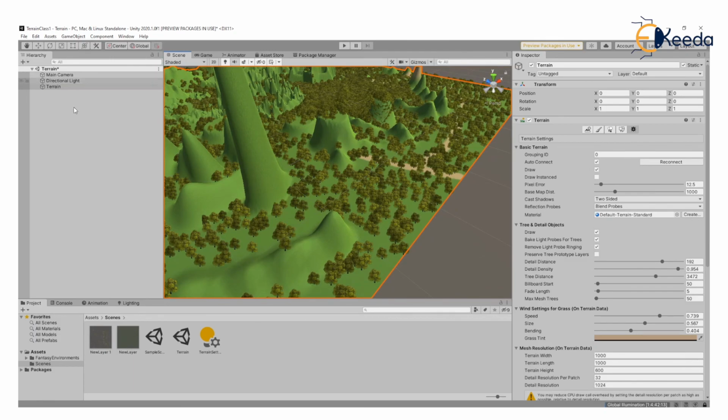Okay. So first, let's save the scene. Let's not forget to save the scene, because in case there is a crash in your Unity or if something happens, you should not lose the data or the work that you have done. So let's first save the scene. Now then again click on the plus menu over here, 3D object, and the tree.